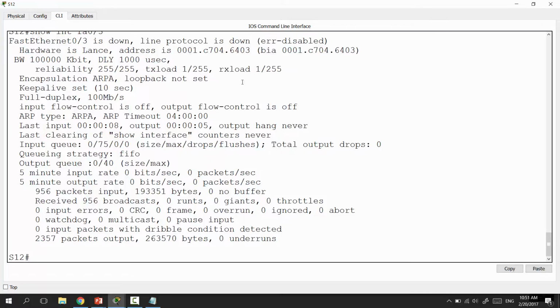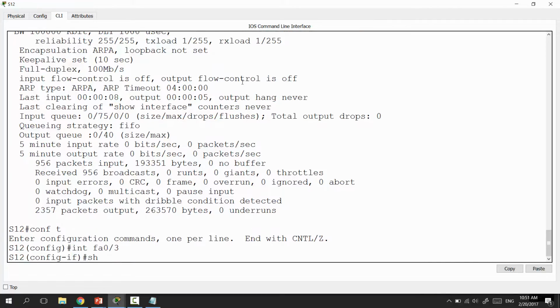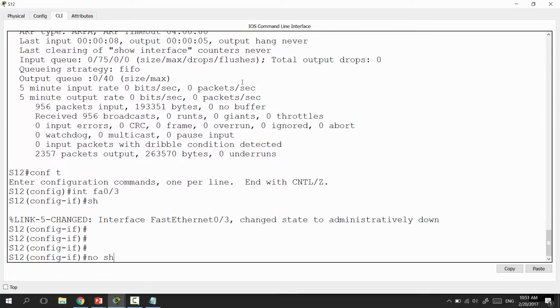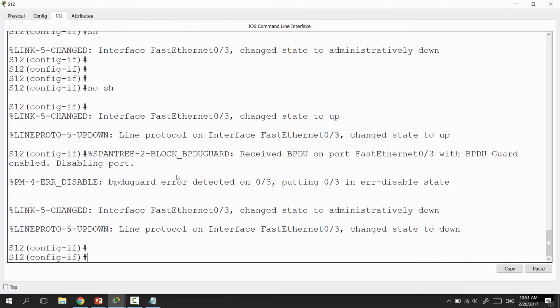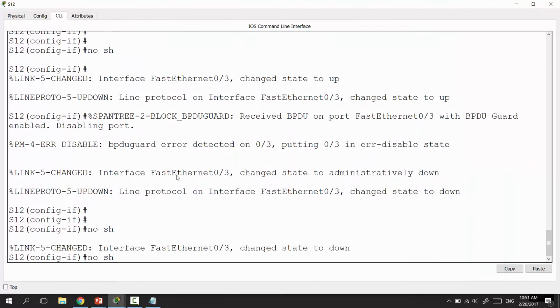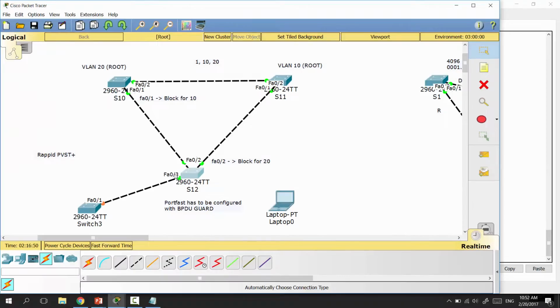And now we can take a look at how to take the switch port FA03 off error disable mode. First of all we have to go to interface FA03 and say shutdown and no shutdown, and it will start to work. But you see, after it is turned on, let's turn it off again and turn it on. After we did it, the switches